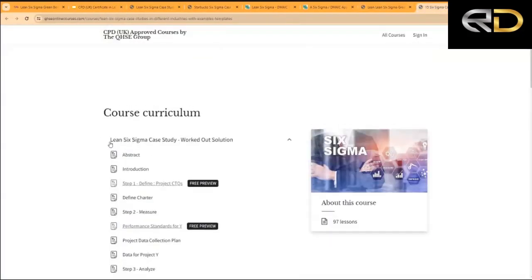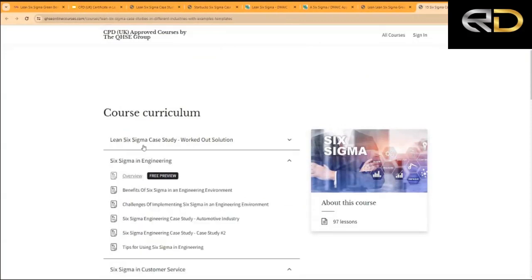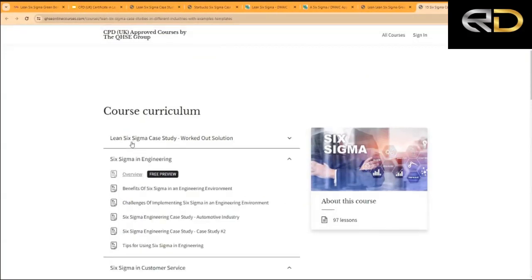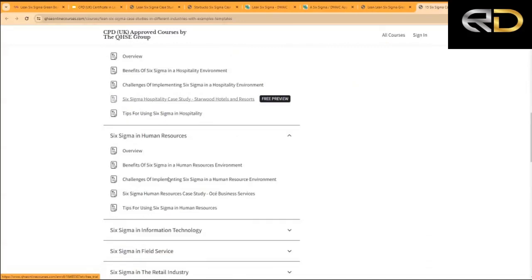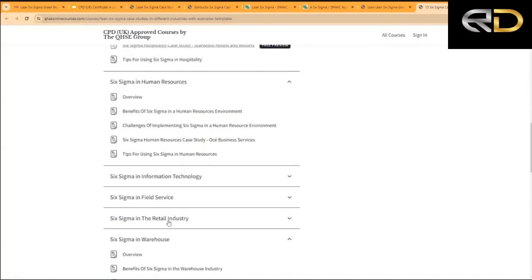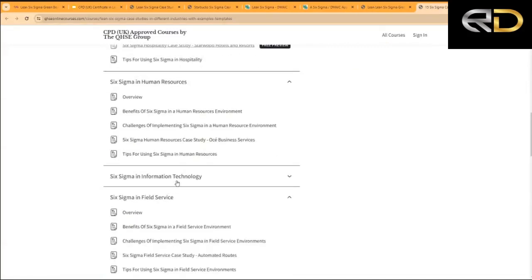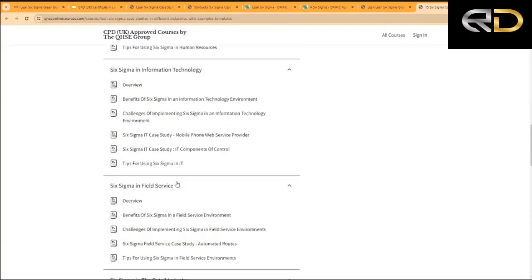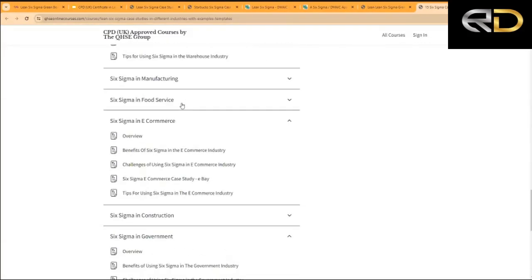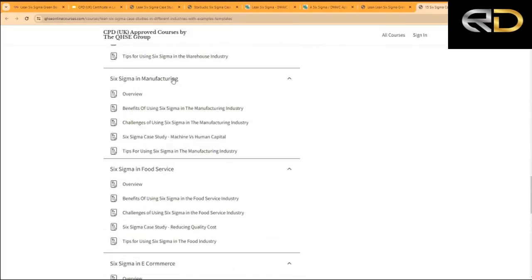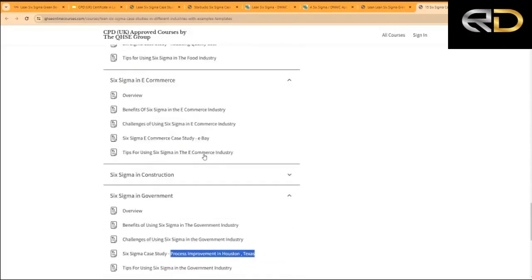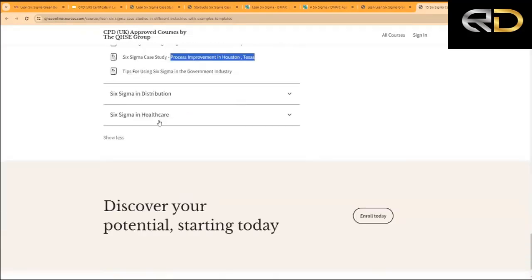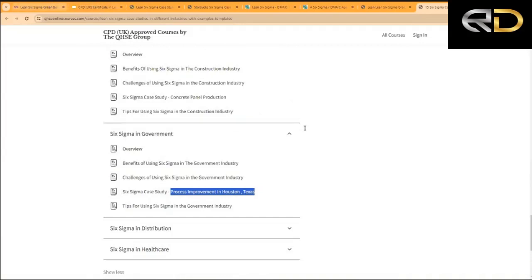Sigma project. This case study, the first one is from Nike. This is what they use on their swoosh logo. We have got other case studies from the retail industry, from the field service, from information technology. All these industries, they are using Lean Six Sigma, food service, manufacturing, and so on. And when you go throughout all these case studies right here, you are going to see that at the end